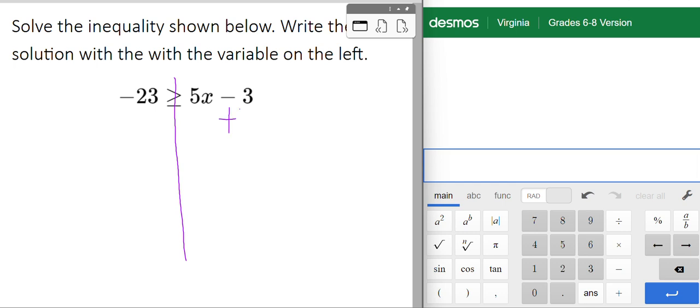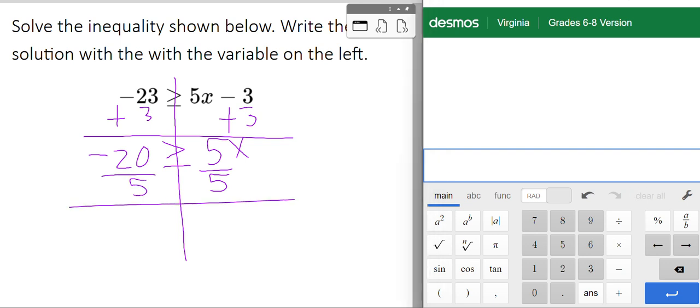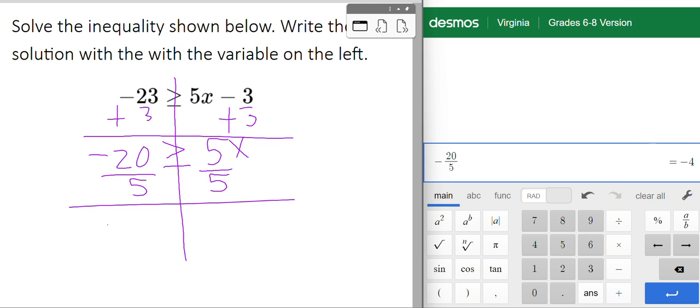The first thing we're going to do is add 3 on each side, and please use your calculator because we don't want any mathematical mistakes that we can prevent by using Desmos. So negative 23 plus 3 is negative 20 greater than or equal to 5x. Then we're going to get that x alone by dividing by 5 on each side. So I'm going to take negative 20 and divide that by 5, which gives me negative 4 is greater than